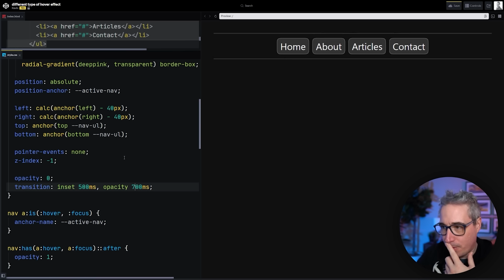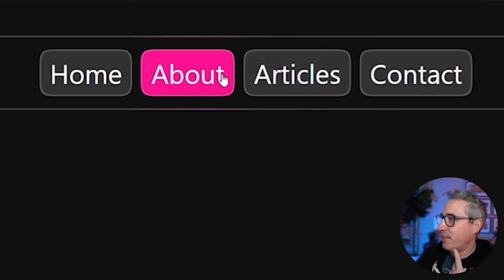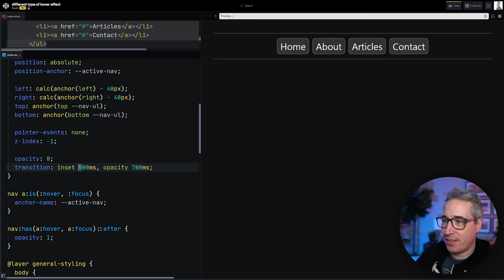So I think the only problem, the inset, it's working, like that works here. As that's shifting, it's kind of sliding around. I want this to actually be a lot faster. So I want it to slide as I go from one to the next. But I don't like the glow, and I'm not sure about it going out again. So when we go off,